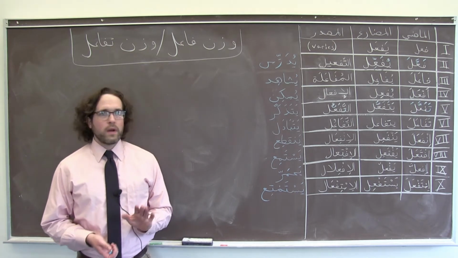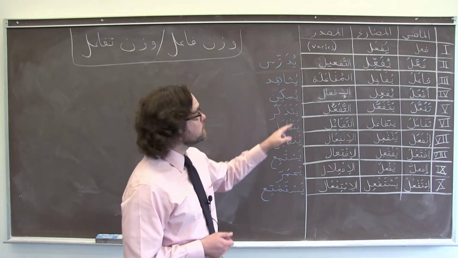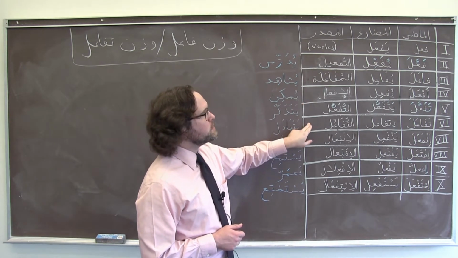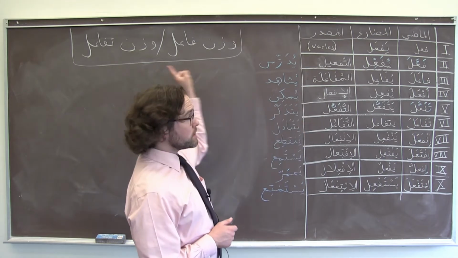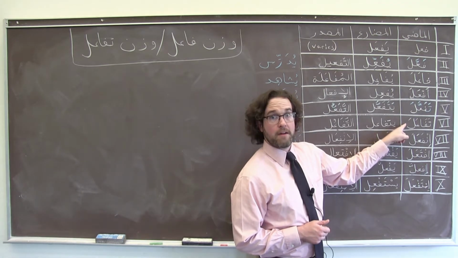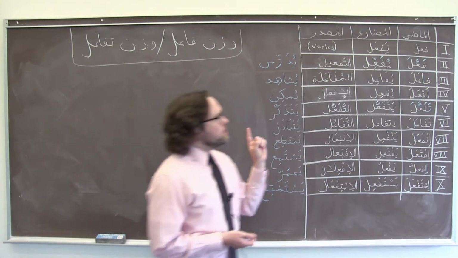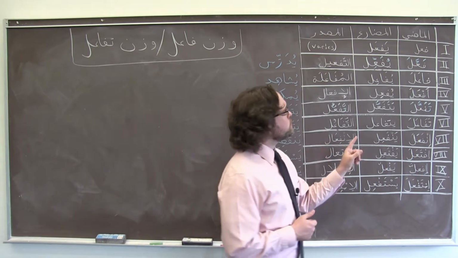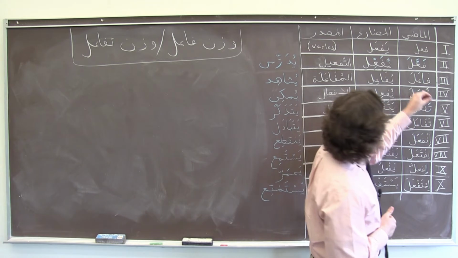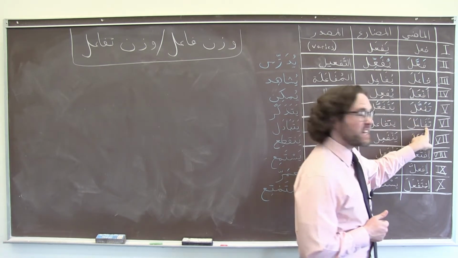Marhaba. Right now we're going to talk about two more derived Arabic verb patterns. Form 3, or pattern 3, and form 6, what we would call in Arabic wazn fa'ala or wazn tafa'ala after their past tense conjugations. The mechanics, first of all, you'll notice that they both have the extra addition of an alif after the first letter of our judr.